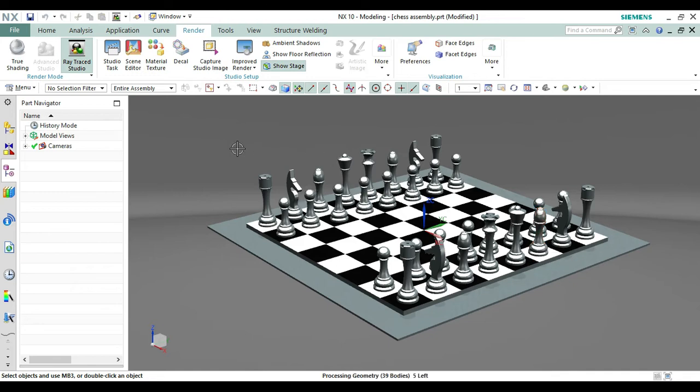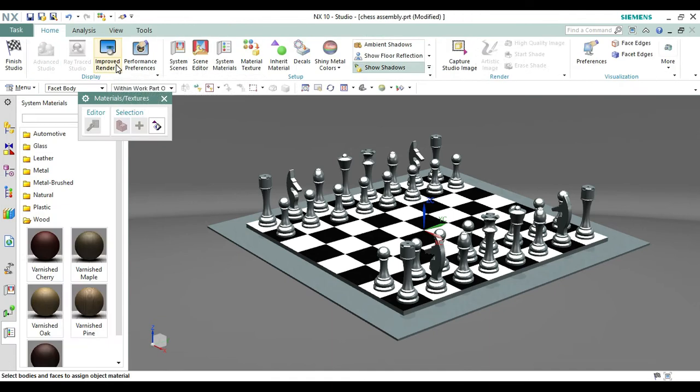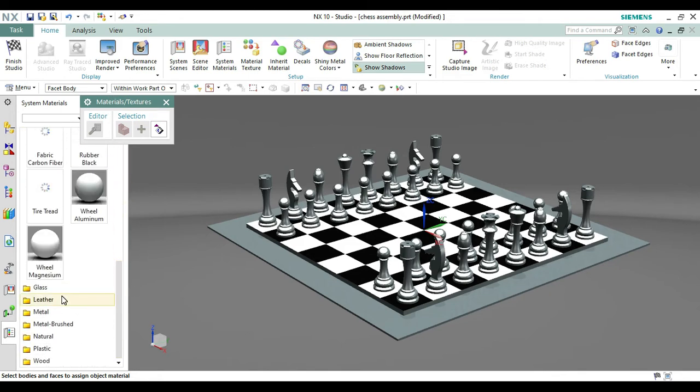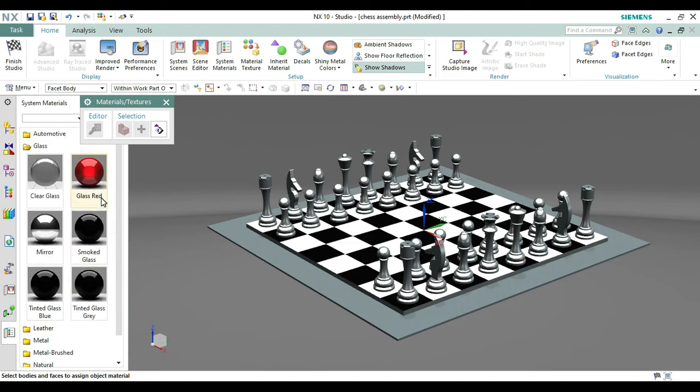From here we can first do the studio task. Let's see what is in this. In this we can get how to change the material texture. We can take automotive, and we can also take glass work. Just a second, if you want, it will look like glass. So first make it to face. Now we can change the glass.